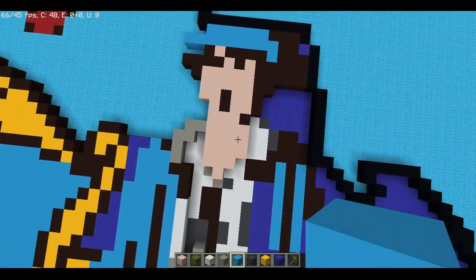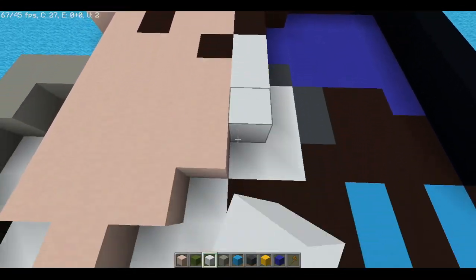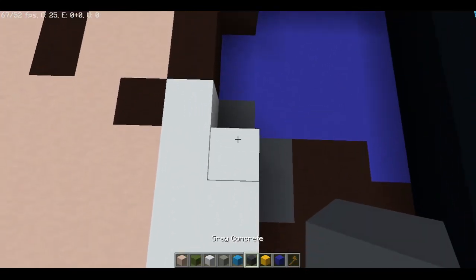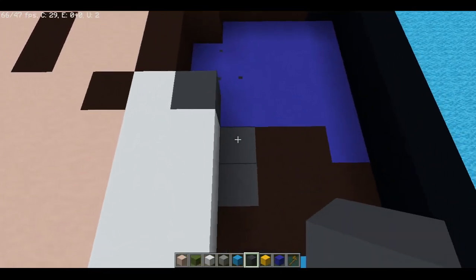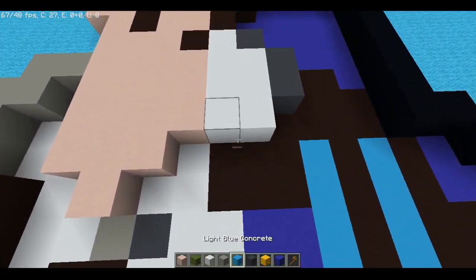That's his head done. Take out your white concrete and go from this block. You're going to go down by 1, 2, 3, 4, right by 1, up by 2. Take out your gray concrete. You're going to go up by 1, down right by 1, down by 1. Take out your